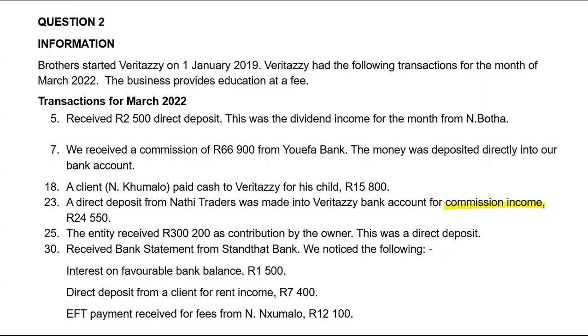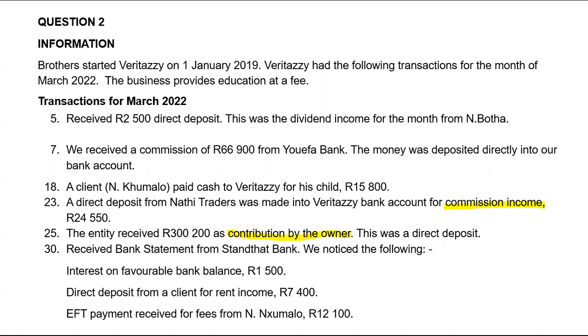On the 25th, the entity received 300,200 as contribution by the owner. This was a direct deposit, which makes it straightforward that it will not go under analysis of received. So accounts affected there will be bank. Realize that bank is always the first account because we are receiving money. It is bank, and the other account will be,